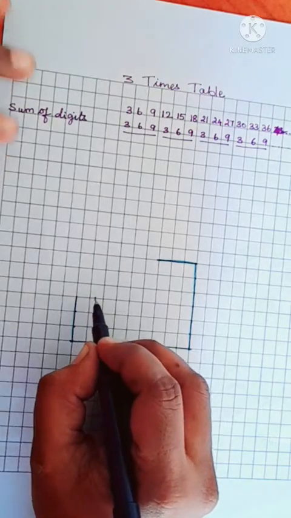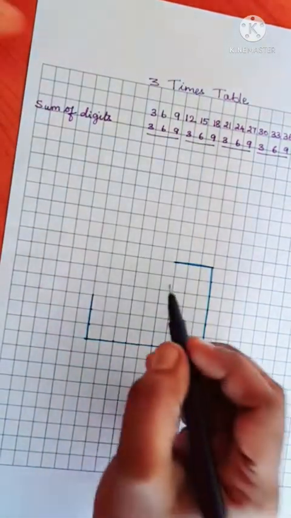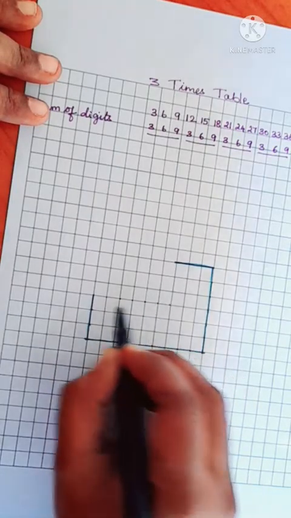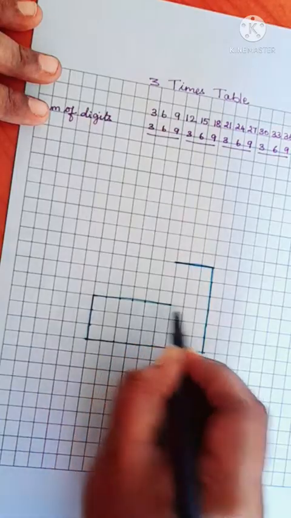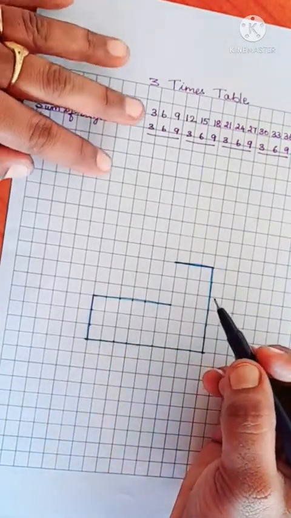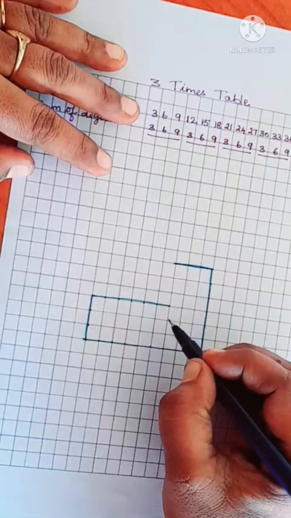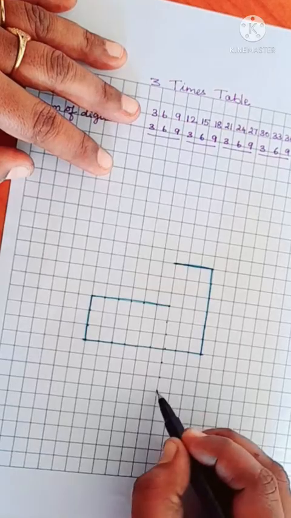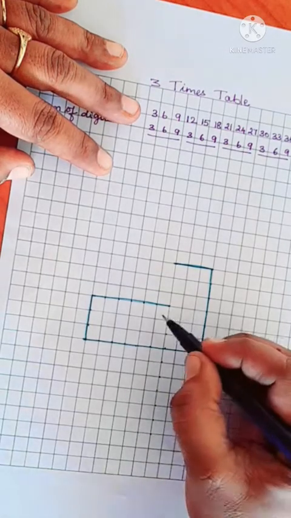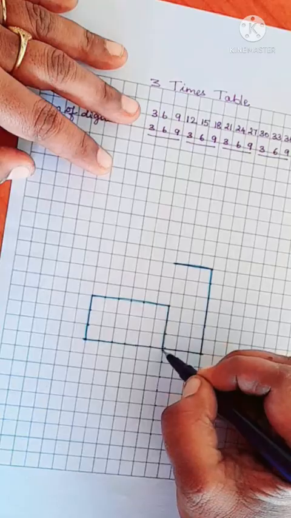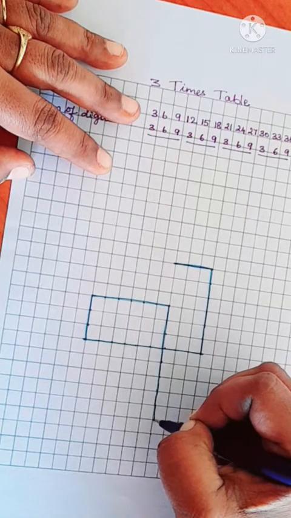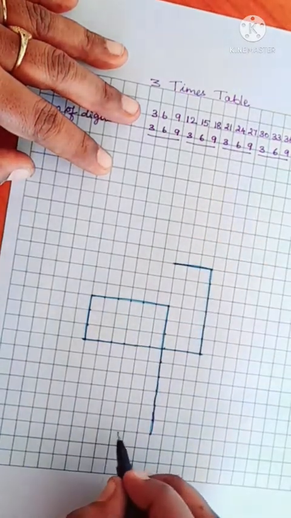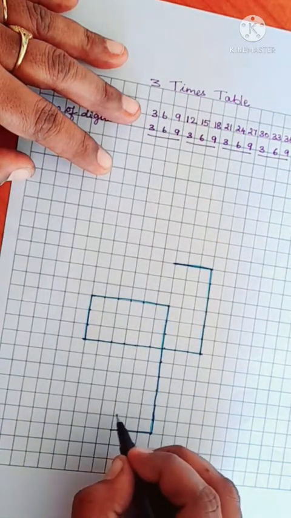Again the next number is 3. So turn, draw towards the right hand side. 6. The same way we have to follow the pattern. We have to follow the number pattern and also the turning: towards right, towards down, towards left and up. Like that we have to continue the pattern till we reach the starting point. Once you reach the starting point, you can start to draw the spiralateral.